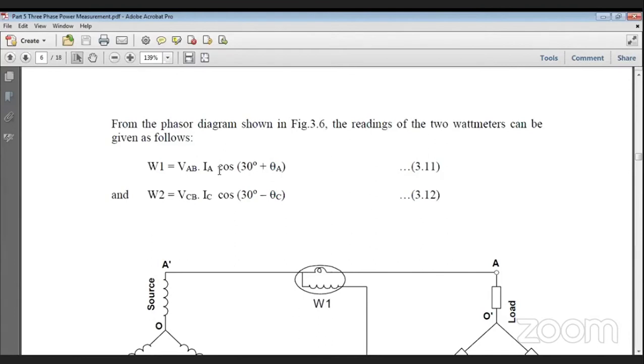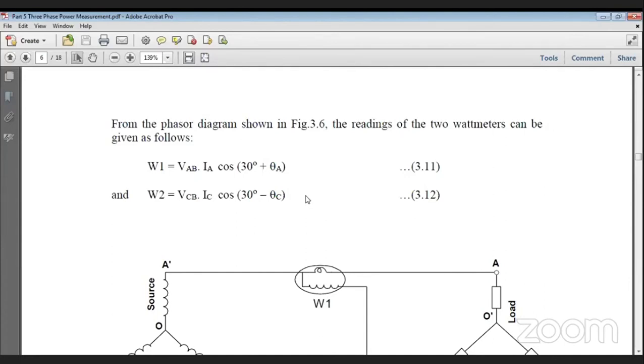Correct. Now, this is a very interesting thing we always ask. Let's say you are measuring the power of some load. You have two wattmeters, you have connected them, and then you find that one wattmeter, say W2, is giving a reading, but W1 is 0, simply not giving any reading. Then immediately we think that wattmeter is faulty. You slap the wattmeter 2-3 times, nothing happens. It's still 0. So then what is your decision?